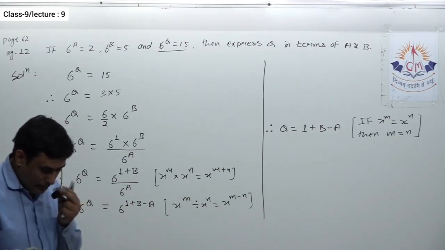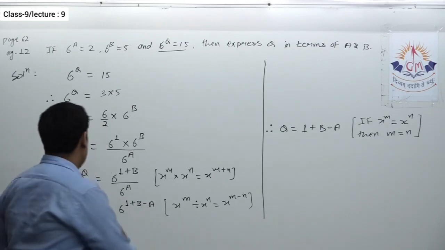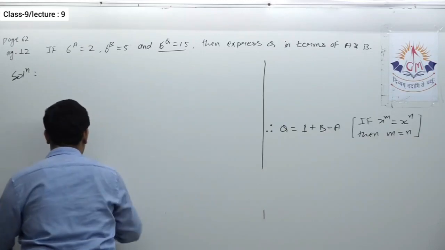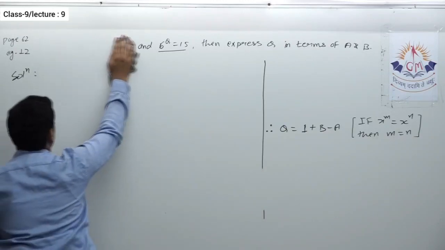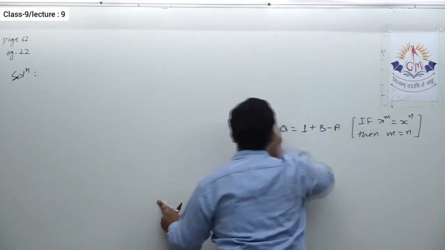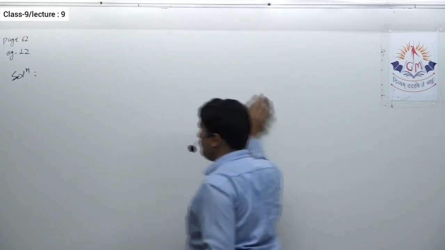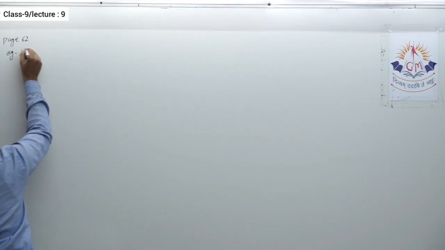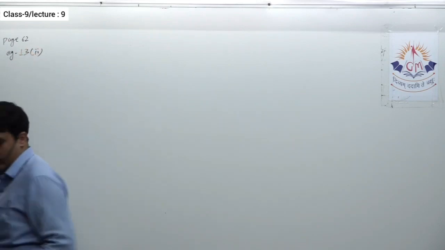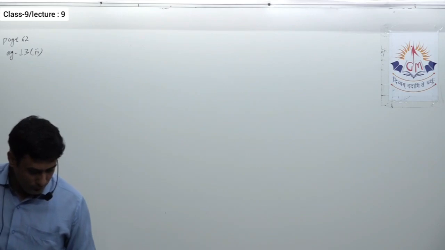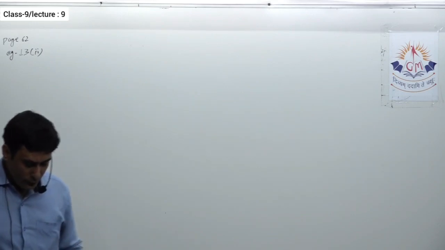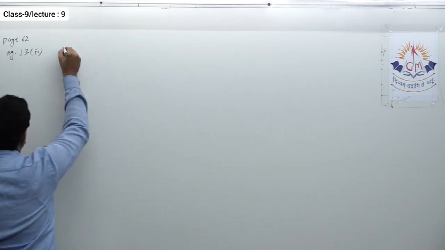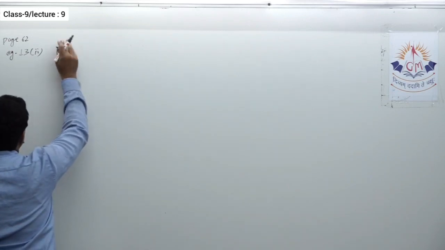Okay, now we'll see example number 13. It's the second question. First you have to do the first one for your homework from the same page. Example number 13, its second part. Okay, we have to prove or show that x raised to a plus b